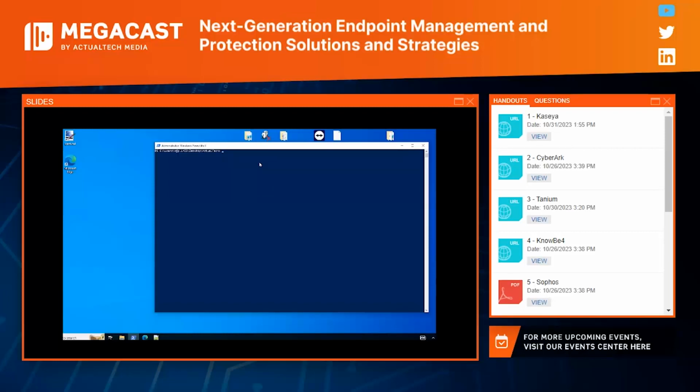Now, obviously, the context piece is important. So we need to figure out a way to distinguish what's a regular user and what's an active adversary user. And we do this through a lot of our detection mechanisms and behavioral analytics on the endpoint level. Now, before I jump into that scenario, I want to show you, as a regular user or a regular admin, some of the things that we need to be able to do on a day-to-day basis.